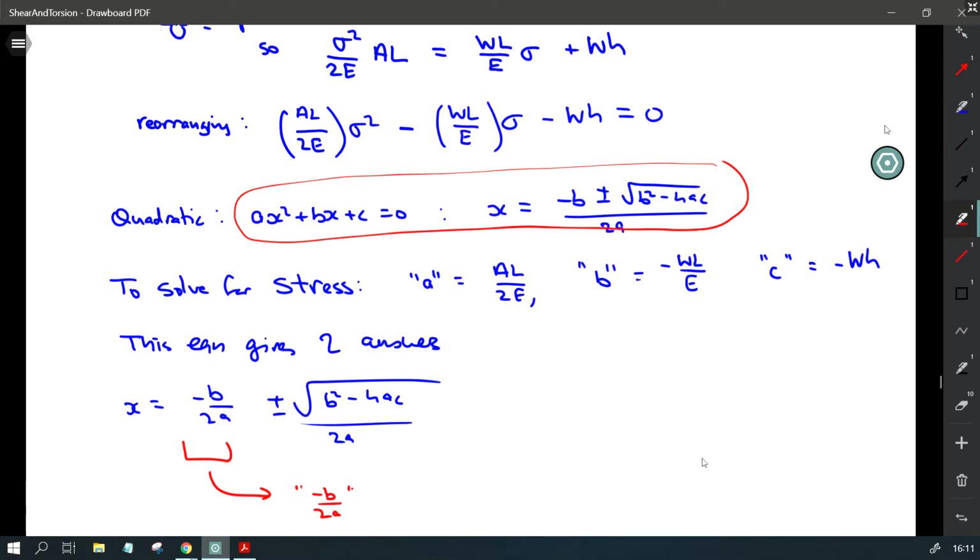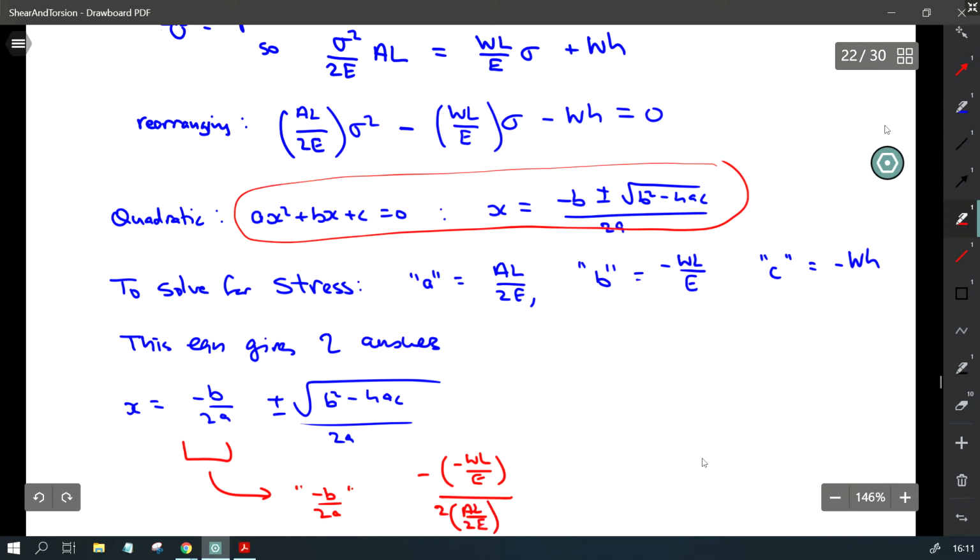Well, the b part is WL over E, so it's minus WL over E divided by 2A, that's equal to, well, the minus goes, and that's equal to